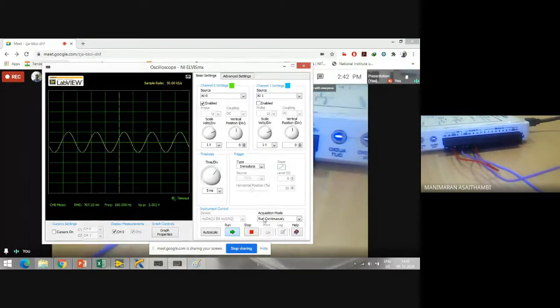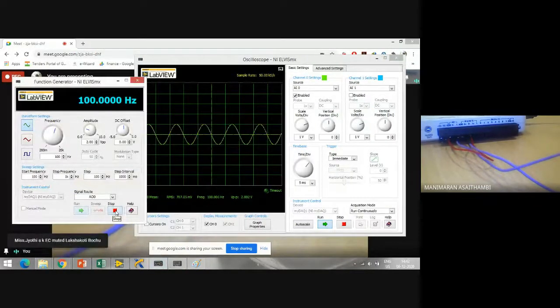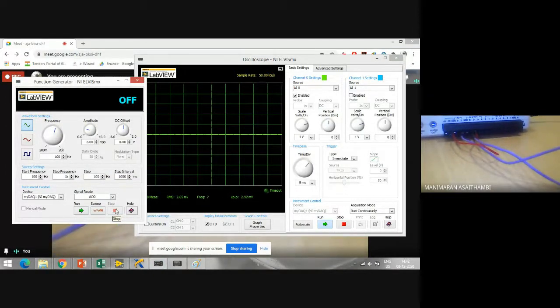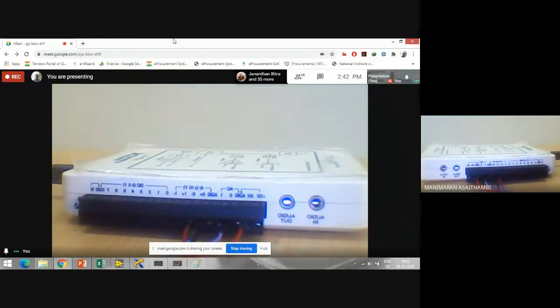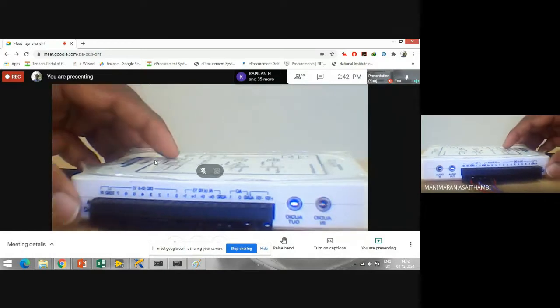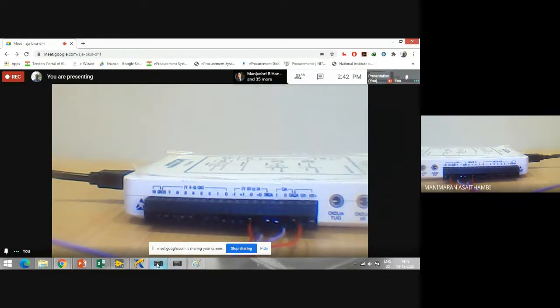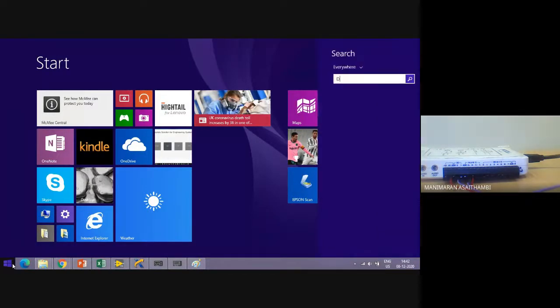So if you see there, these are real data what we get here. Once I stop the function generator, there won't be any data. So this is a real signal. So far, yesterday, whatever we were simulating, right? LabVIEW is not for simulation purposes. LabVIEW, along with the real hardware, we can work. So now, for example, if we want to work with any audio signals, I can easily use it. For that, what we need is, for example, as I was telling you in the morning, we can work with some dynamic signal analyzer.